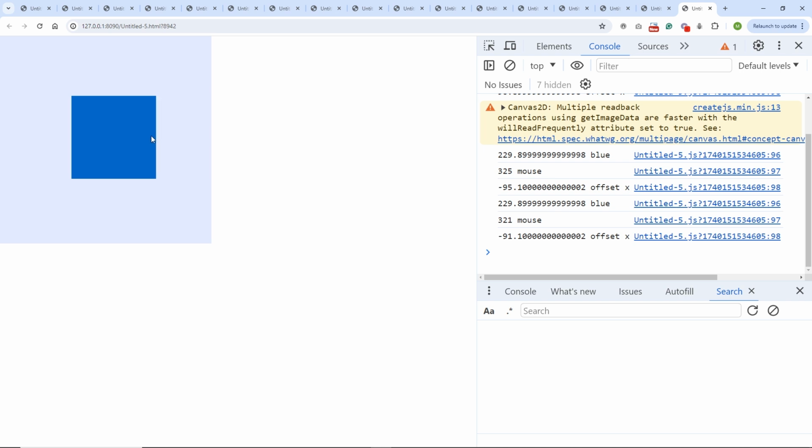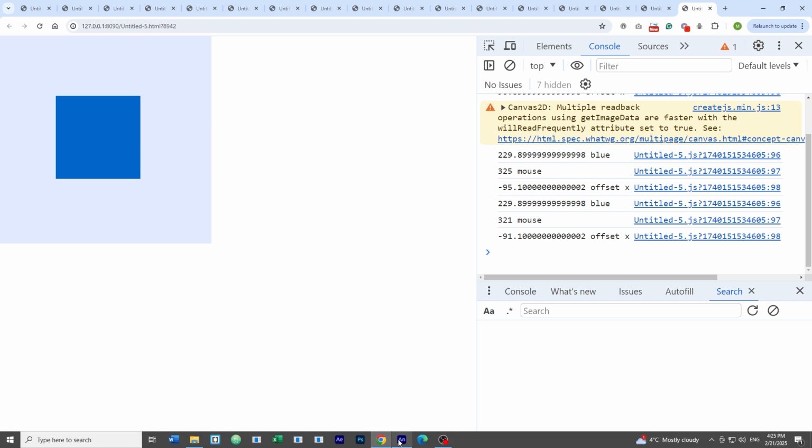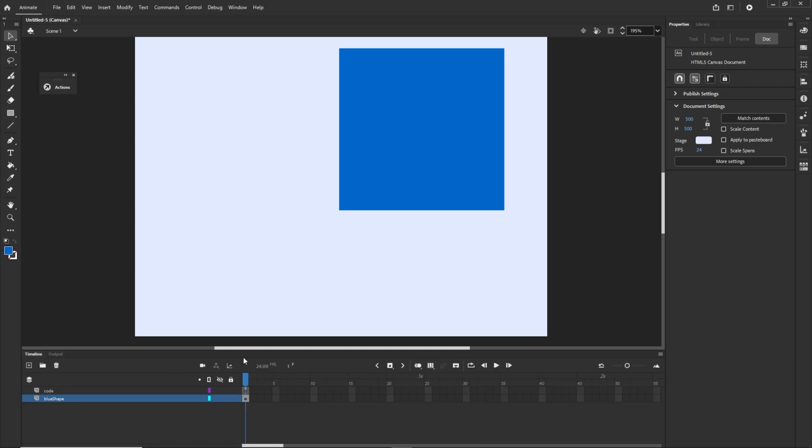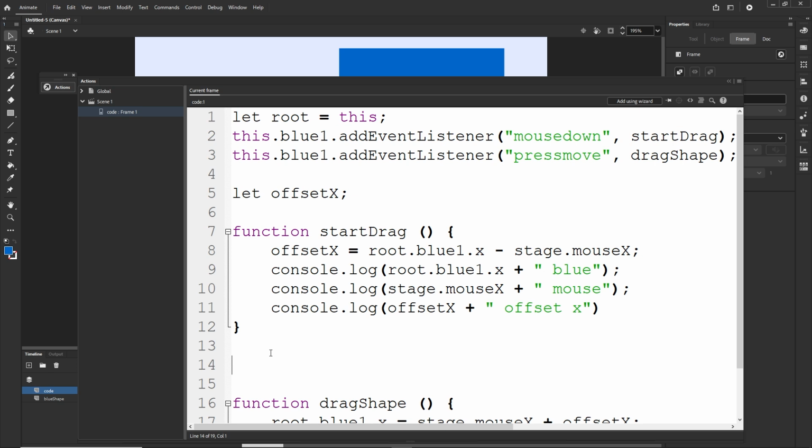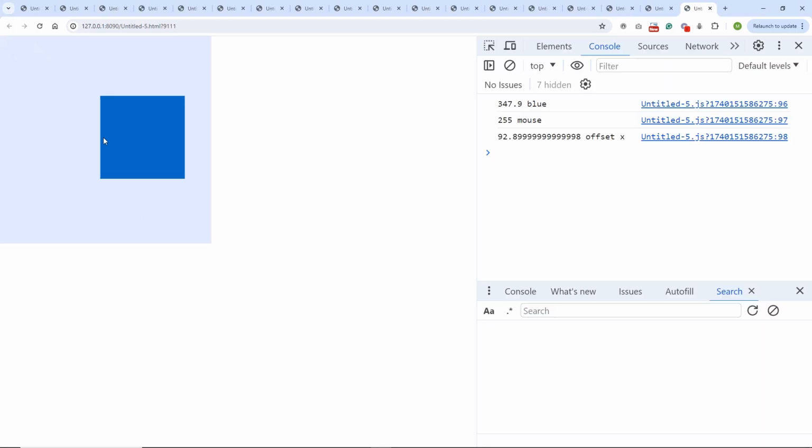This can be a little bit tricky to understand. If you have, let's say, 250 plus 100, it's going to be 350. But if you have 250 plus minus 100, it's going to be 150. Try to think about this if it doesn't make sense, but basically, right now we are having